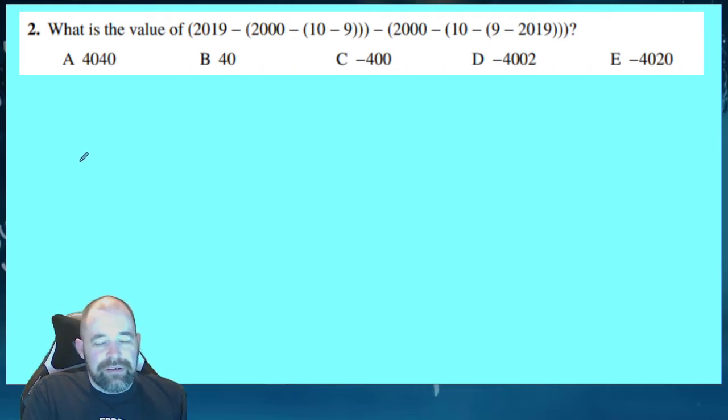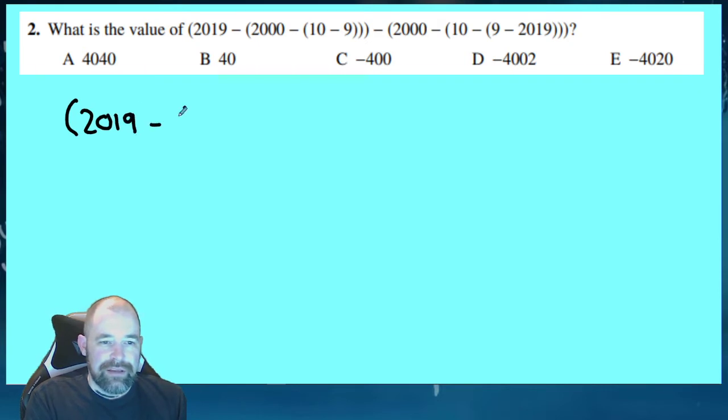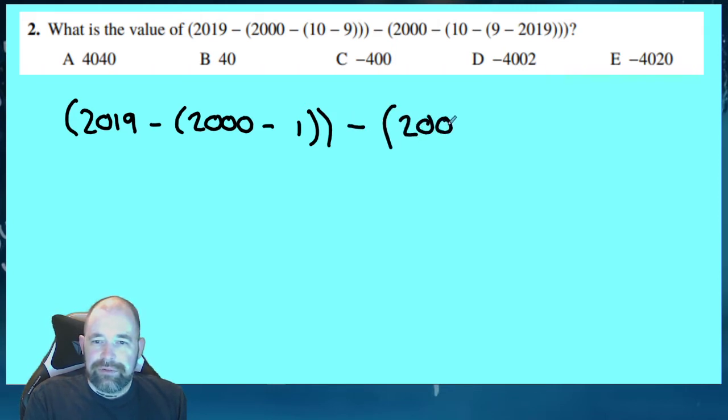What was the value of all of that? 2019 take in brackets 2000 take in brackets 10 minus 9, and subtract. You can read it. I'm not going to read that out. So we're going to have a go at doing this, and hopefully I don't drop a negative. 2019 take 2000 take 1. So that's the first bracket. I've just done 10 take 9, and we're going to subtract 2000 subtract 10 subtract